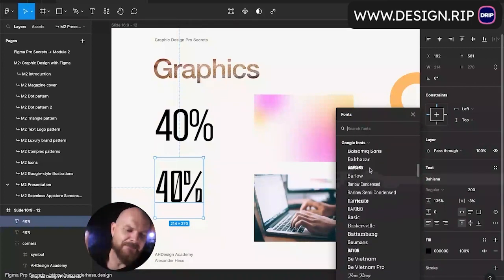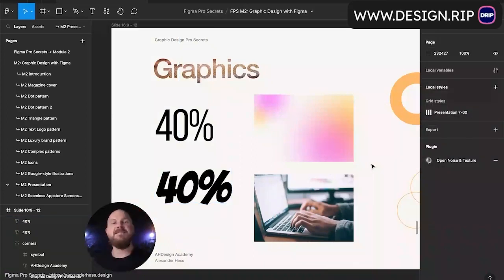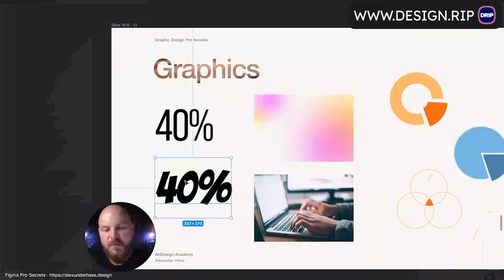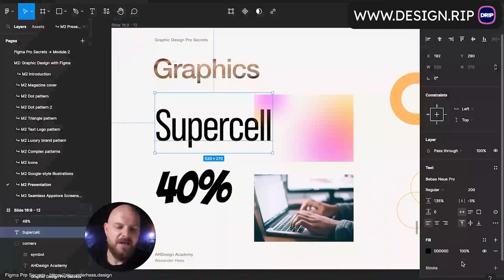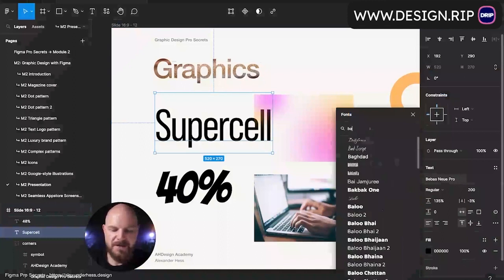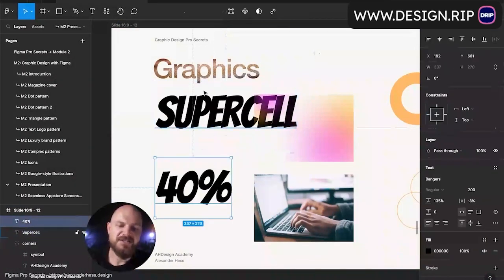So you got the idea. Sometimes you could go with banners, boom, something. Let's make it playful. You know what? Boom. This is a Supercell company that creates those games. So we go with banners for everything. And the game that we just discussed today,